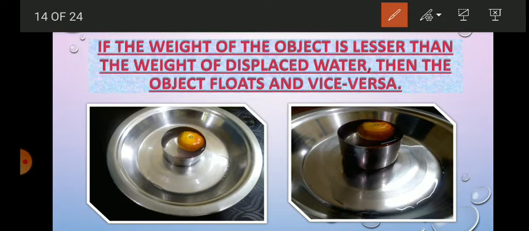But at the same time, if the weight of the object is greater than the weight of the displaced water, if the weight of this tomato is higher than the weight of this, then it starts sinking. Got it? So this is the concept of displaced water. Hope you all understand it well.